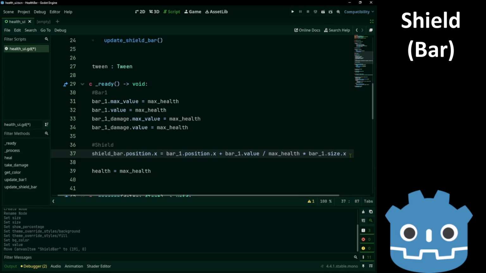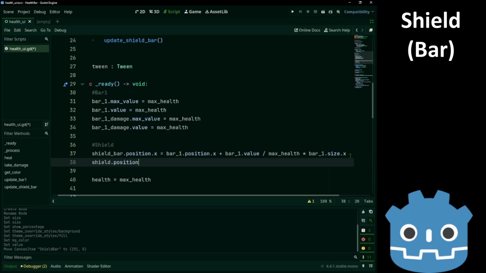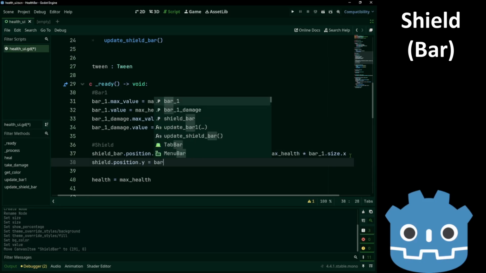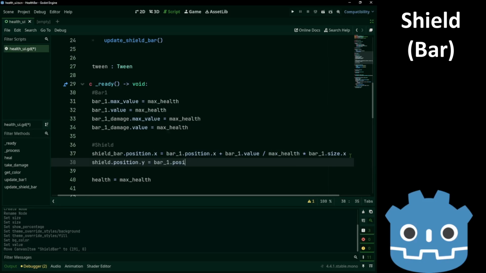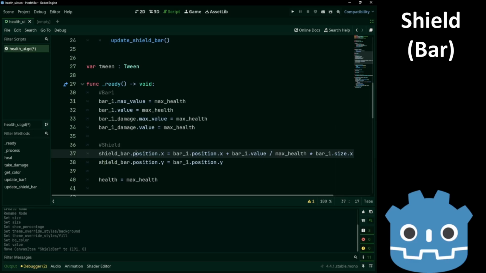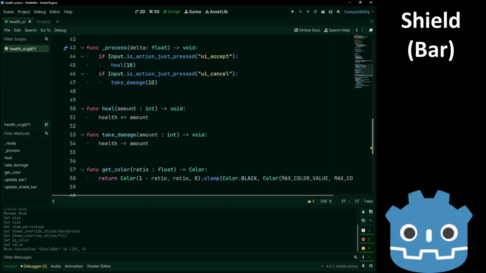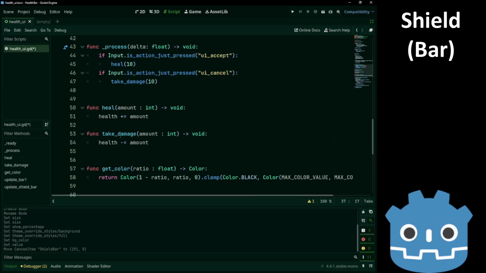We also need to set the y position. That's easy. They have the same Y. Shield bar. Now we have to change our damage function.